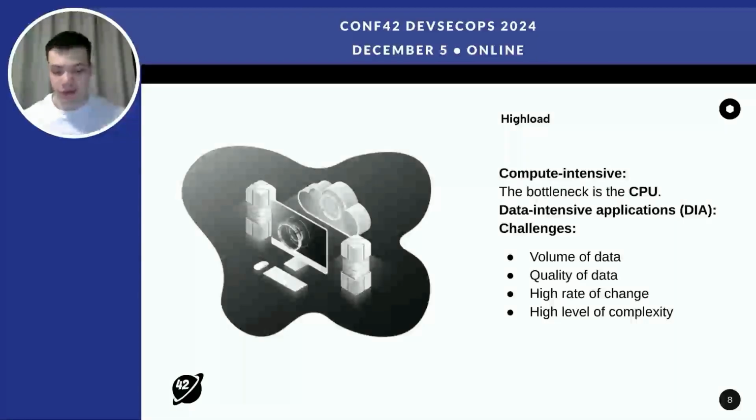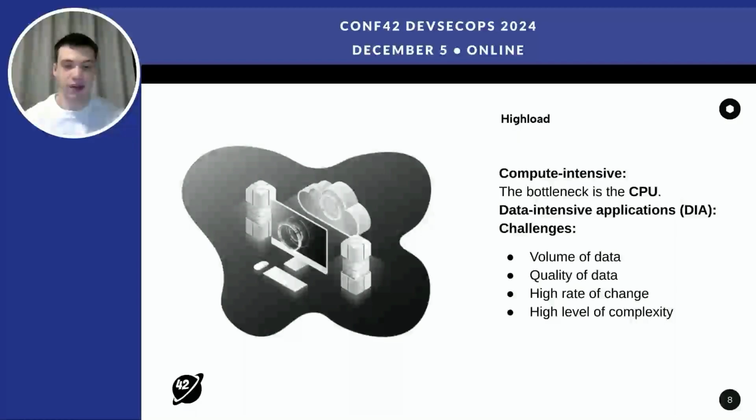For example, to create transpilers to translate PHP code into C++ code, or developers had to create more performant software like databases with much better performance, because in high load the bottleneck is the CPU, and